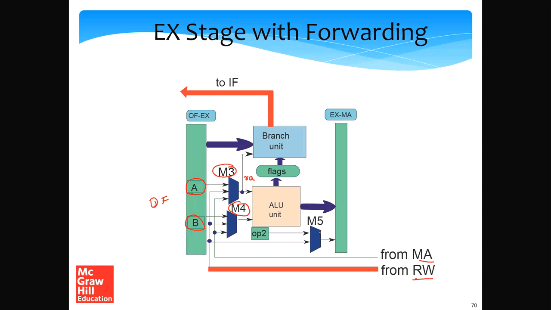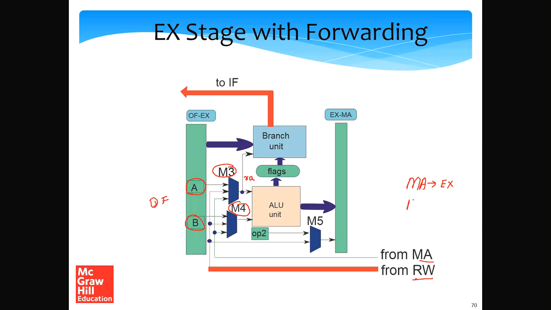We add one more multiplexer M5 to choose between OP2, which is the register that the store instruction will use, and the forwarded input from the RW stage. So one trick question that readers can ask is why are we not using the forwarded input from the MA stage? So that is very simple to explain. The reason we are not doing this is because we will actually require the OP2 value in the MA stage, right? So instead of doing an MA to EX forwarding,